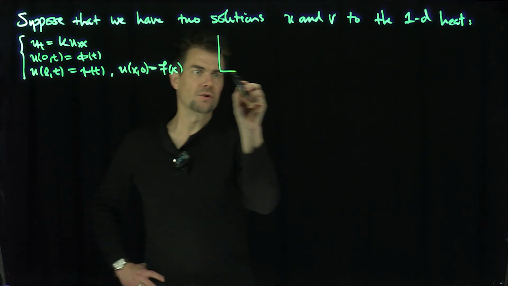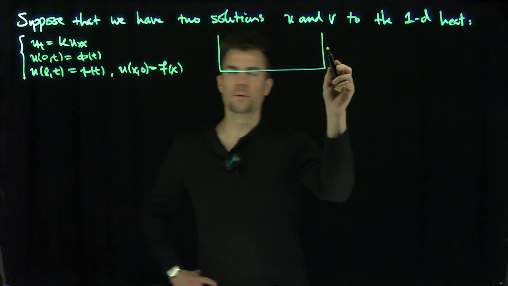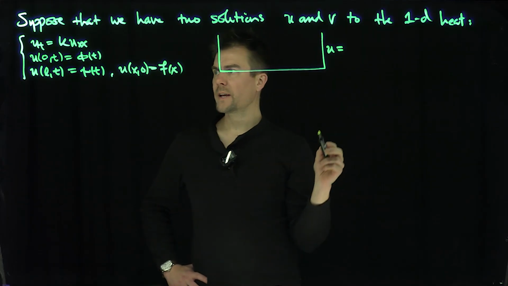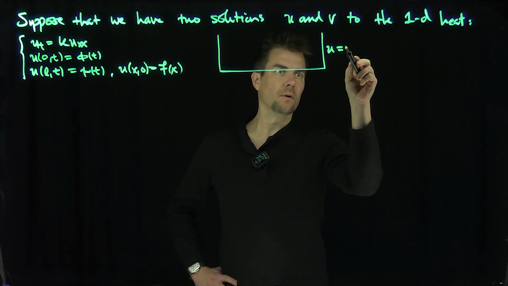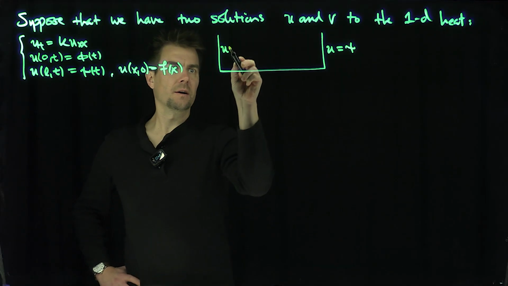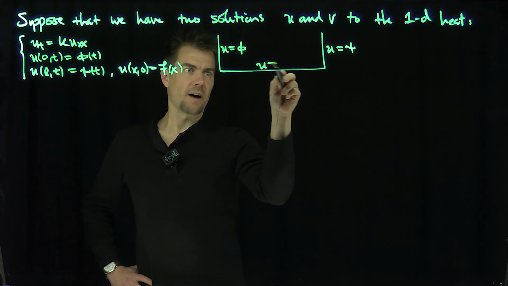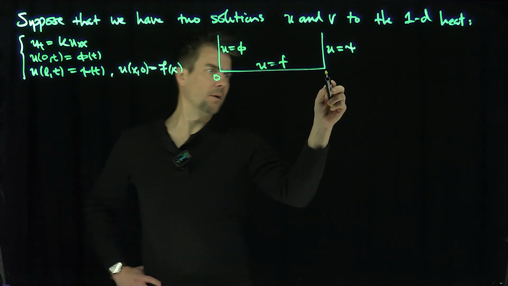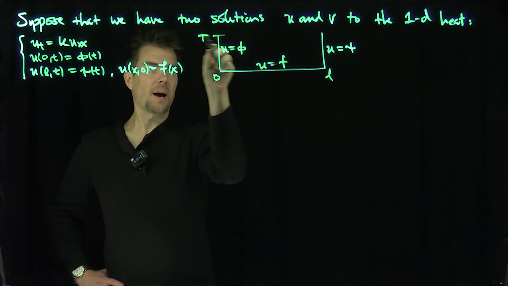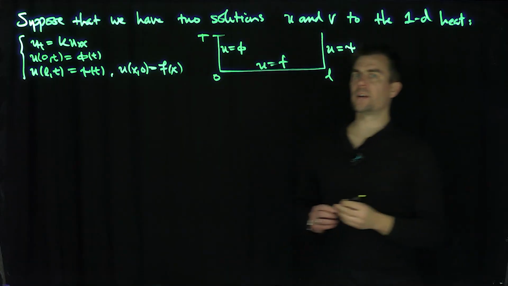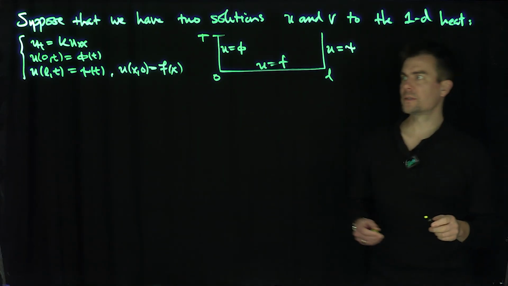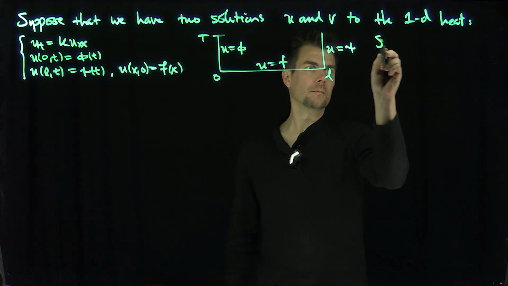So here we have the situation. There's my spatial condition. In other words, the function u is going to be equal to psi over here, equal to phi over here, and equal to f over here. That's 0, that's L, and this is capital T, the t-axis, and so this is my domain for the heat equation. Excellent. And note, since this is linear,